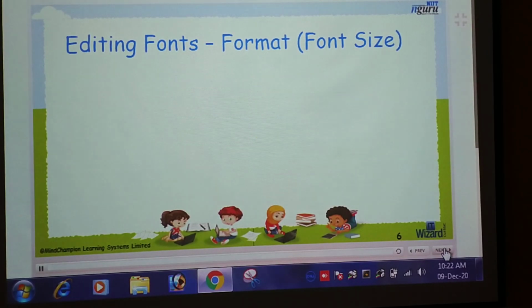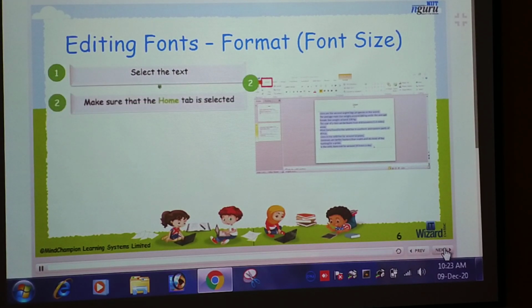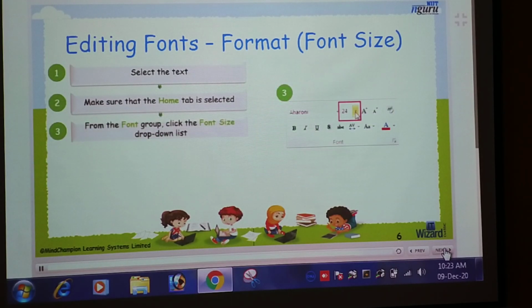Now the next point is how to change the font size. Okay. Let's see. First of all, select the text. After that, make sure that the home tab is selected. Then click on the font size drop down list in the font group.